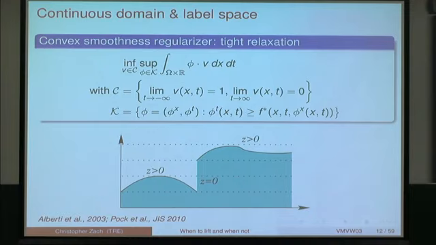So what about the other extreme? You have continuous, you view the image as a function over a continuous domain and taking continuous values. And in one of the, I guess now relatively known works, by Alberti from 2003, who analyzed the Mumford-Shah function and proposed a convex relaxation into the continuum, indicating how this is working.